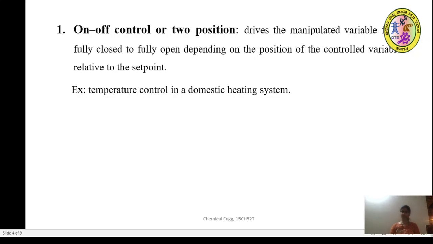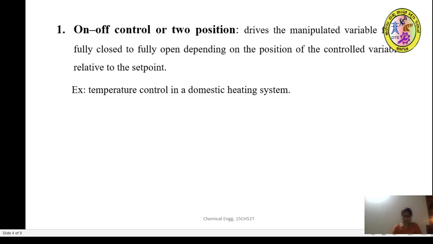So whatever differential gap we have when comparing with the maximum value or the minimum value, that differential gap makes the manipulated variable maintain its previous value till the control variable moves beyond the set point slightly. Are you understanding?